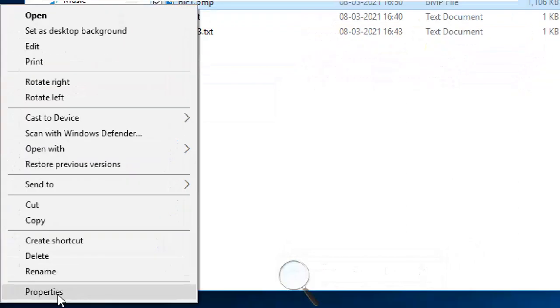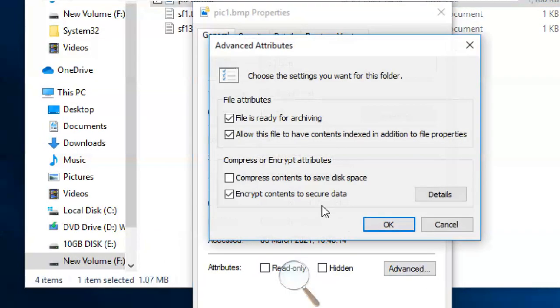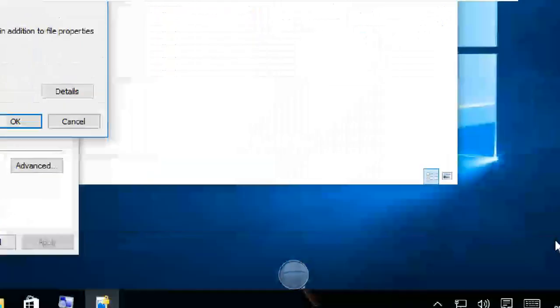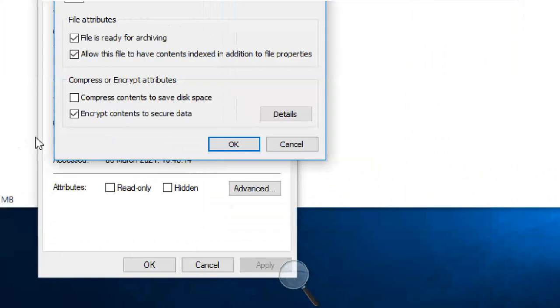Again I'm going to right click, Properties, Advanced. Can you see the Details button is open now? Earlier it was not open, now it is. Why did I go here? In case you missed the backup part in the notification, so you already completed it but didn't back it up.